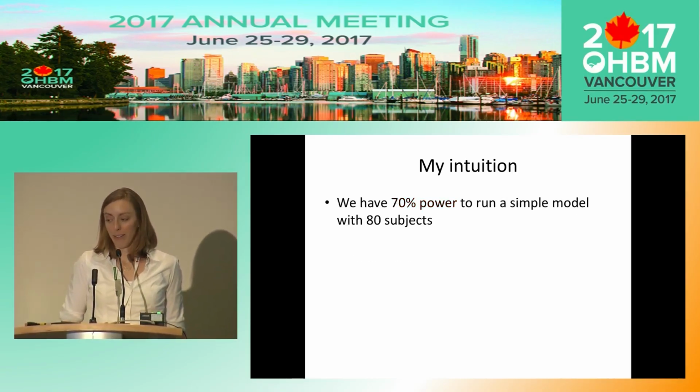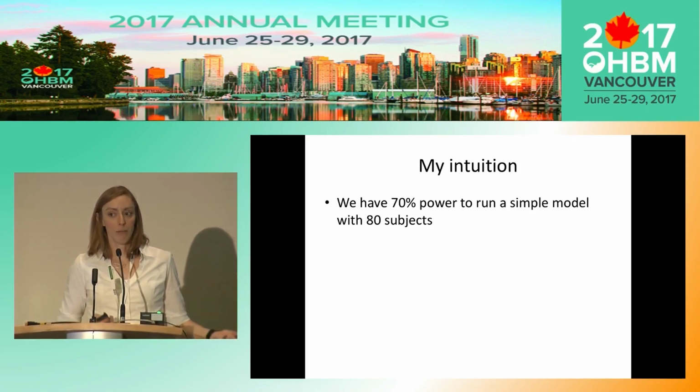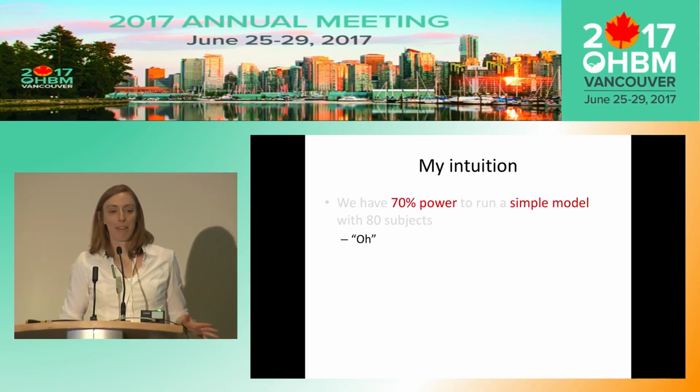So I was thinking, well, how does that compare to the power analysis sections that I tend to write, which are, I'm a little glass half empty when I do it, and I often have things like, we have 70% power. We're going to use this really simple model because simpler models are easier to compute power for, with a nice sample of 80 subjects. 80 subjects is a respectable sample size for an fMRI study, for example. And I don't know this for certain, but I feel like maybe there's less excitement from the reviewers. And I could be wrong. You can correct me later. But I kind of wonder if this type of power analysis is less exciting.